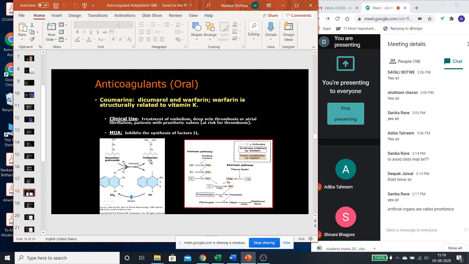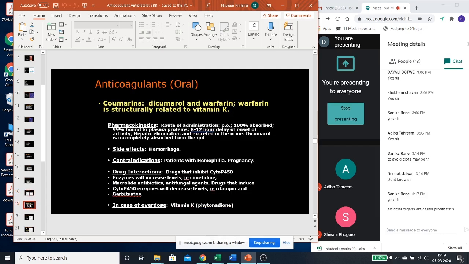Once this is there, it will affect the factors, particularly you can see the squares over here: factor 10, factor 9, factor 7, and prothrombin. These factors will all be inhibited because warfarin inhibits vitamin K, and this will cause the